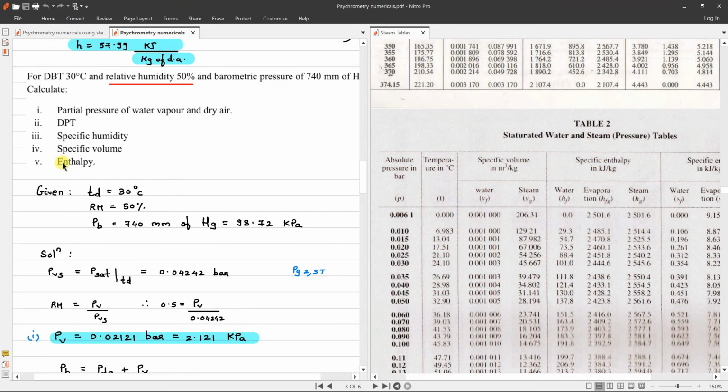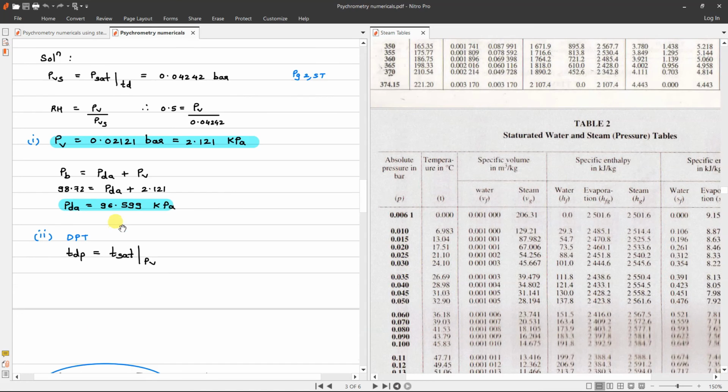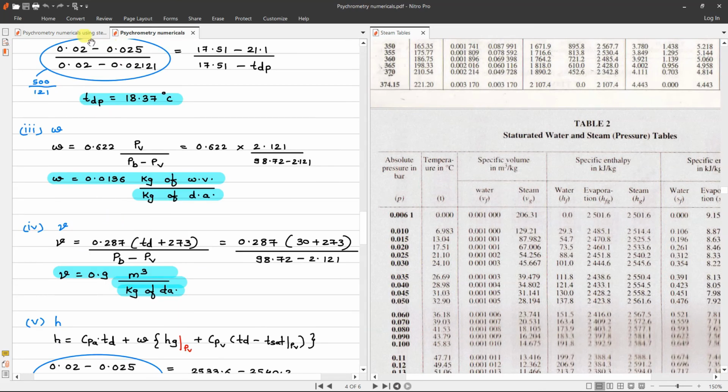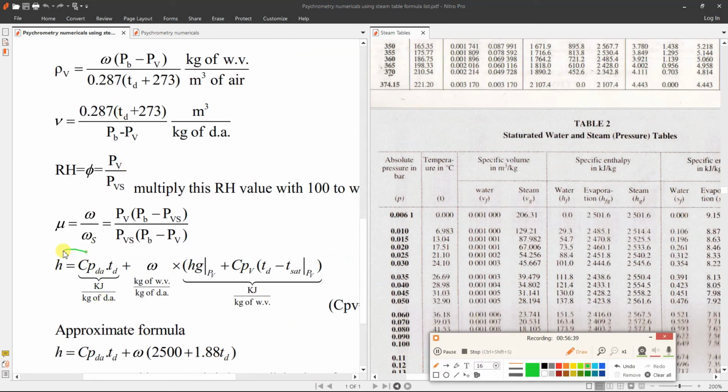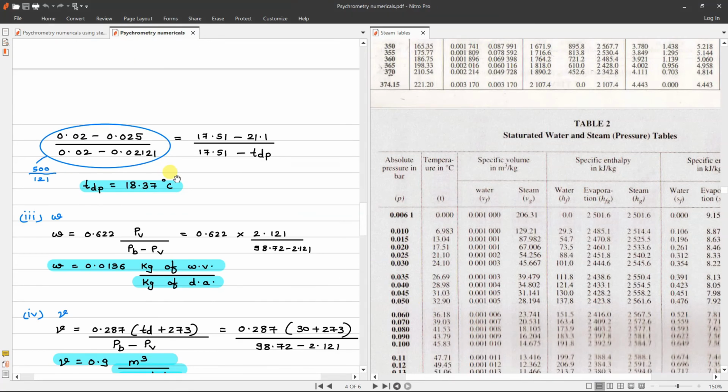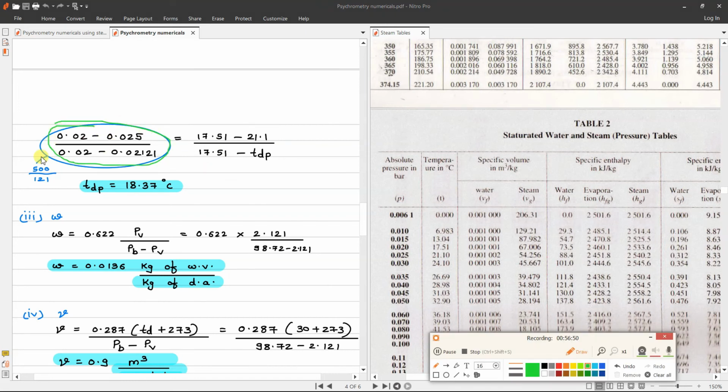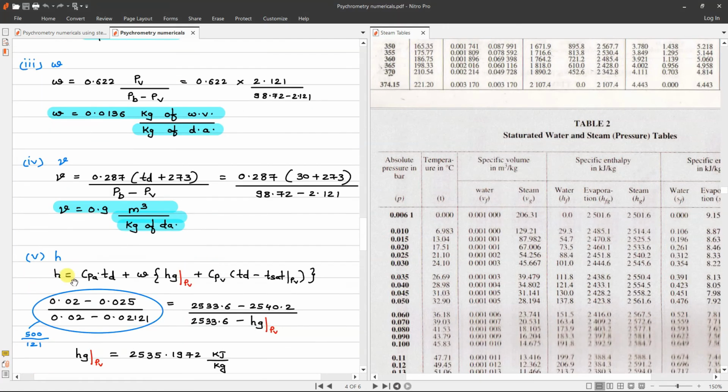Next question is enthalpy. This will be specific enthalpy. For specific enthalpy, we have to use the same equation which is given in the formulas. Okay, this equation we have to use. Now again here, if you see the left side of the interpolation which we have done, I have calculated this left hand side and kept the ratio so that it can be reused while calculating the specific enthalpy. Okay, so I have written the equation of specific enthalpy here. Now we have to calculate Hg at PV.